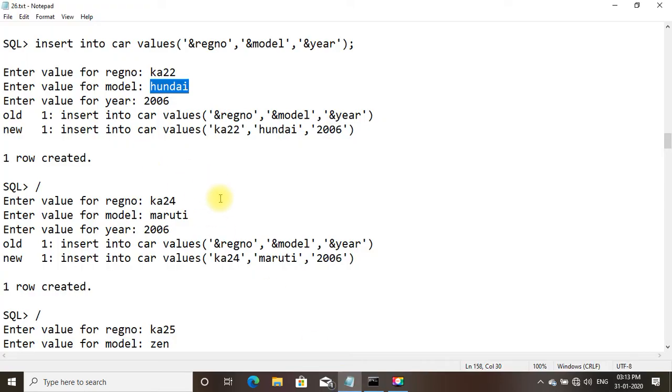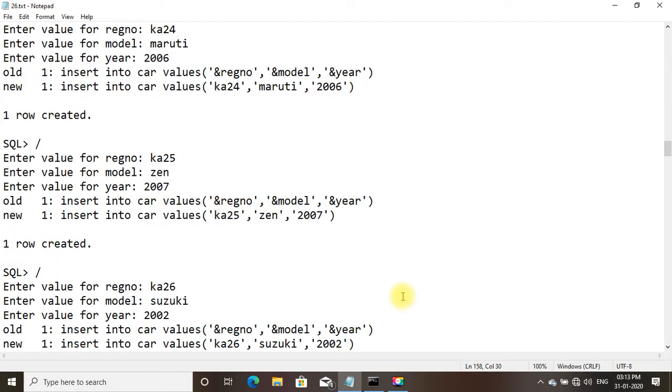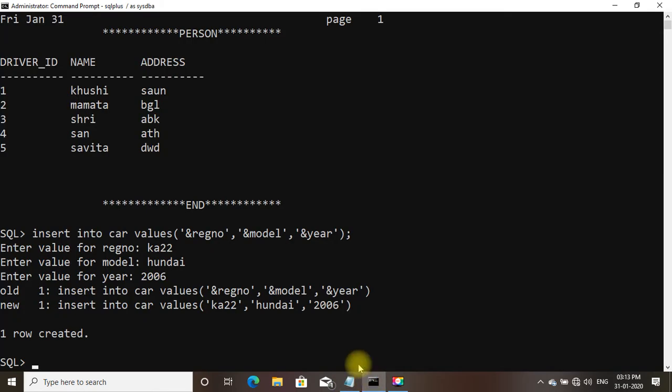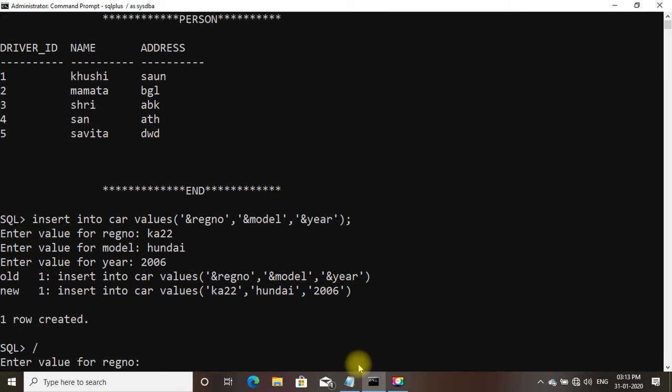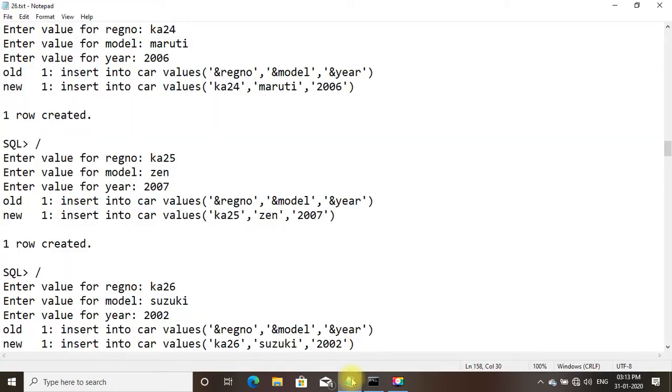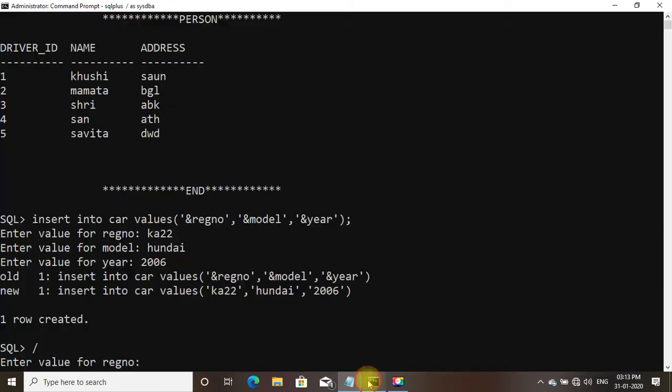Let us come to the second record. Second record: KA24, Maruti, 2006.